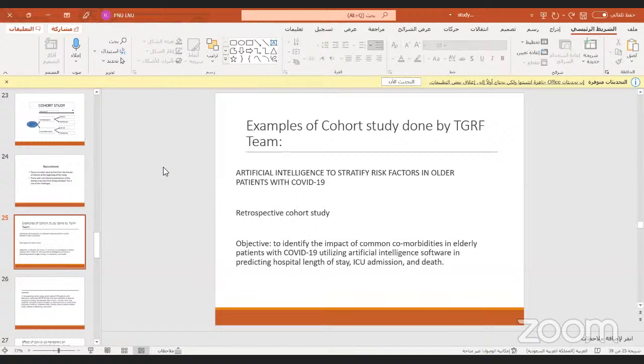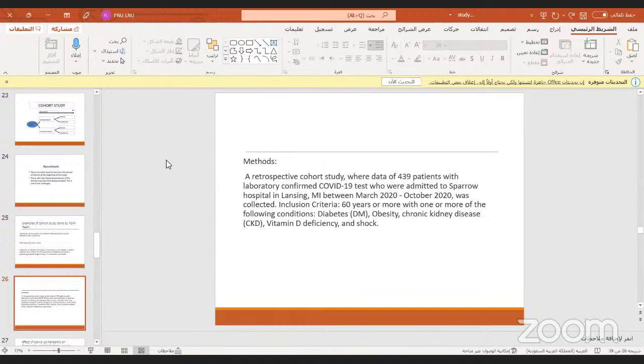This is a cohort study titled Artificial Intelligence to Stratify Risk Factors in Older Patients with COVID-19. It's a retrospective cohort study. The objective was to identify the impact of common comorbidities in elderly patients with COVID-19, utilizing artificial intelligence software in predicting the hospital length of stay, ICU admission, and death. The message,